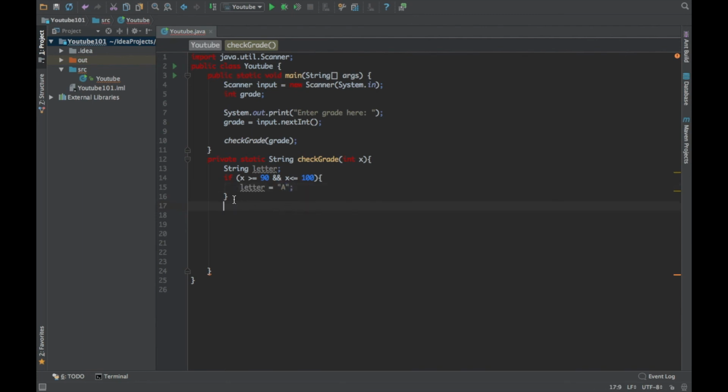So let's go ahead and check the other ones. What if the student actually didn't get this grade? What if the grade was between 80 and 90? Then what would happen? If x is greater than or equal to 80,